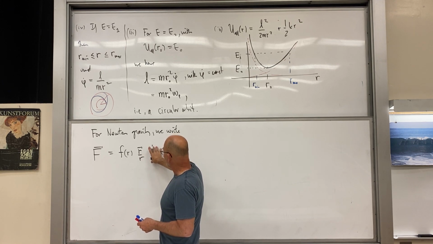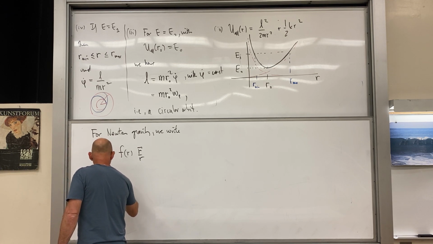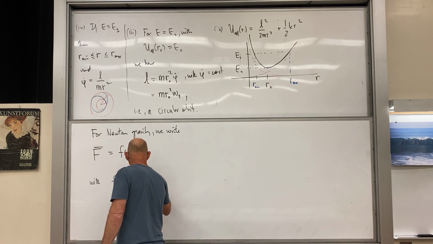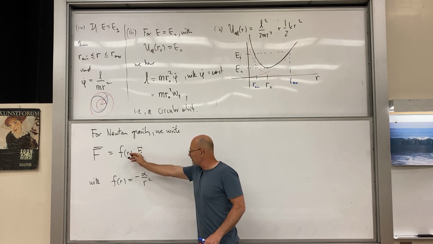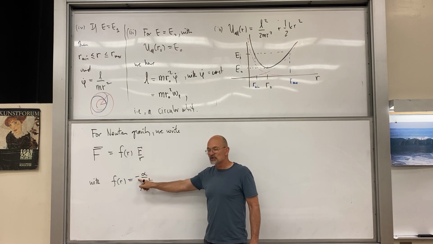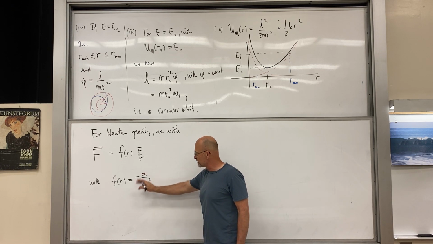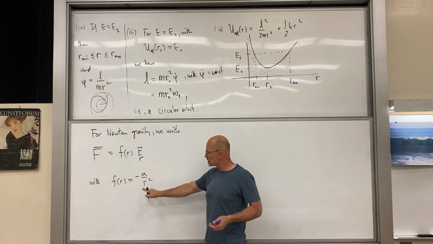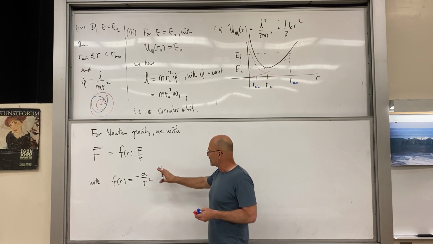Okay. So we have that with F of R. We're just going to say it's minus alpha over R squared. Now we need the minus sign because R hat points away and we have an attractive force, okay? Alpha is just simpler than writing mmg, and it's more general because there are other central forces of this type, like the Coulomb force, for instance. Okay. So that's what we have,